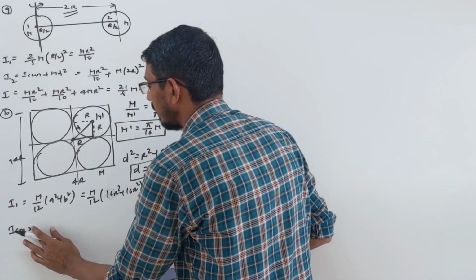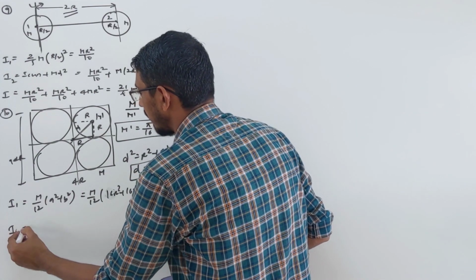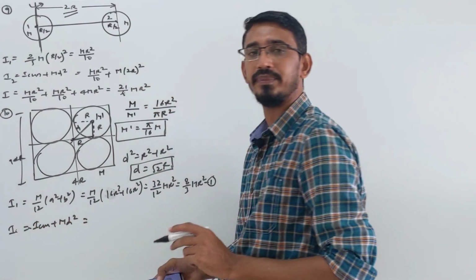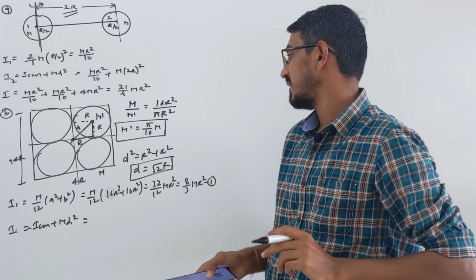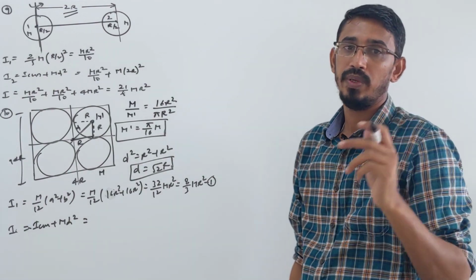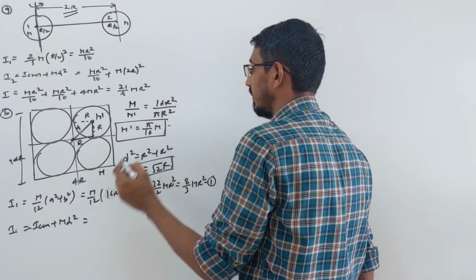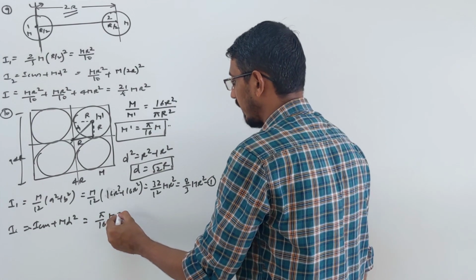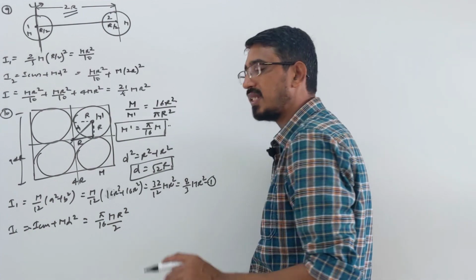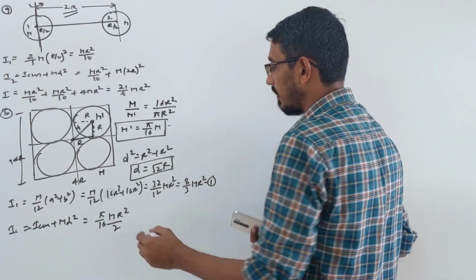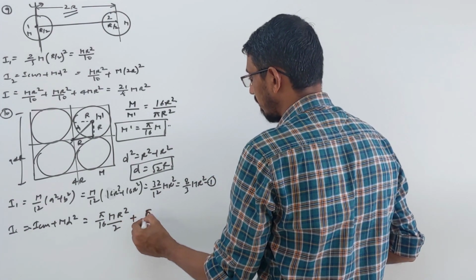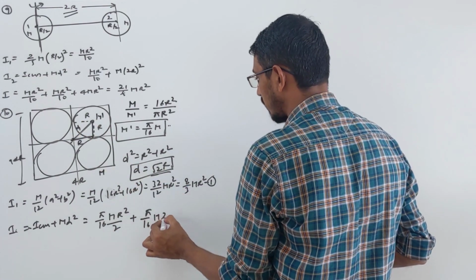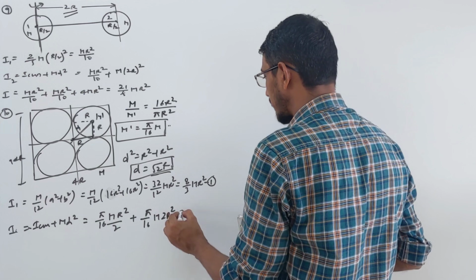Okay, let me write the formula. Total inertia is simply ICM plus md square. So give attention here. Inertia of a disc is mr square by 2. And what is the mass of a disc? This one, so pi by 16 m. R square means r only, and by 2. This is about center of the mass, right? Then plus md square. Again m is pi by 16 of m. D square means that distance is root 2, so it becomes 2 into R square. So how much does this become?